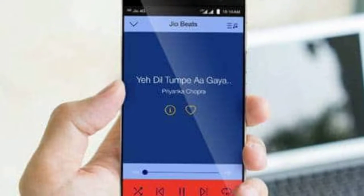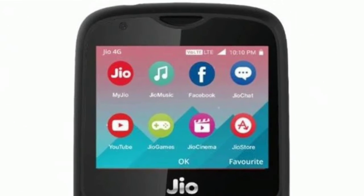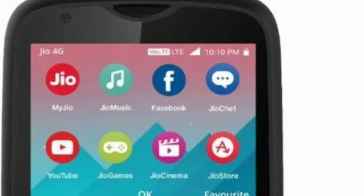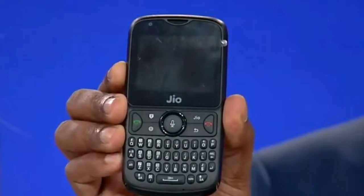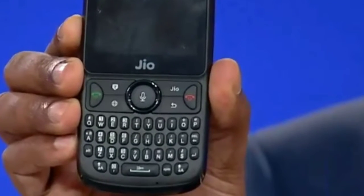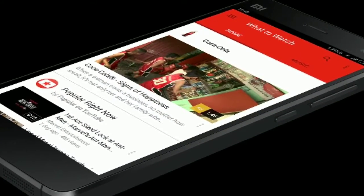So the JioPhone was a 4G feature phone powered by KaiOS, sold by the Indian network operator Reliance Jio. It had a candy bar design with alphanumeric keys and a 2.4-inch color display. Last year it was followed by the JioPhone 2, which runs the same OS and has the same screen size but packs